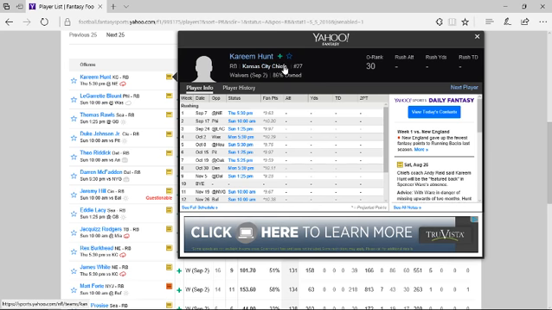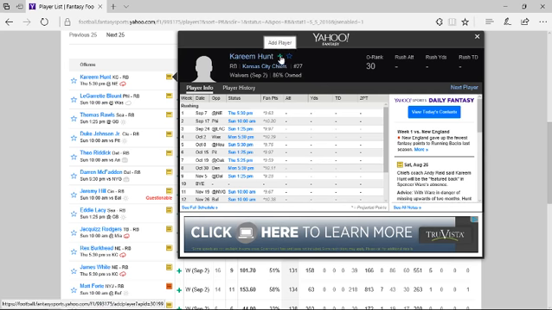If you don't have an open spot on your roster, what'll happen after you hit that plus, it'll give you a list of all players that you can get rid of. So that tells you can pick up this running back if you drop any one of your other players. And if you drop that player, he'll no longer be on your team. So consider that, like, if you want to